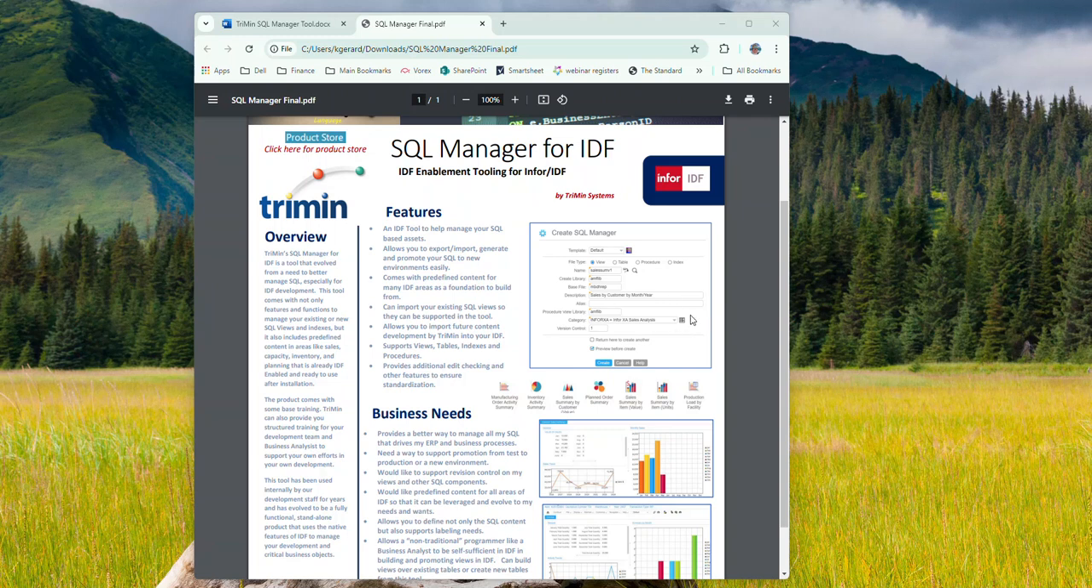I'm a solution architect with TriMin Systems, and today I'm going to go over our SQL Manager for IDF. This tool evolved like a lot of our products from a real need on our staff, and that was to manage the SQL views, as well as SQL tables to create files, procedure calls, and also indexes. Really, it started out as a way to manage all of our source, as well as promote it to customers and to new environments. And just because it's critical in our IDF development, it really needed a better way to